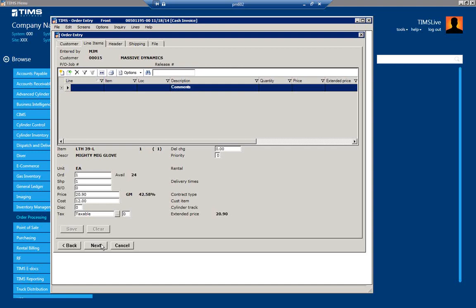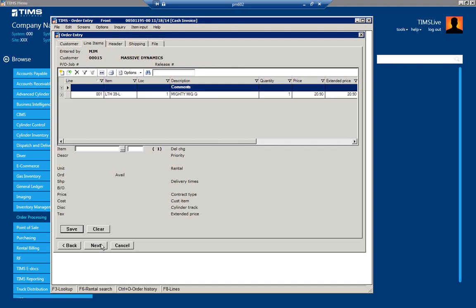So enter is pretty much your friend here as you go through all this. I want to bring in some more items here. So what I could do is go into order history. That's Control O. If I hold down the Control button and hit the letter O, that brings up a search window to